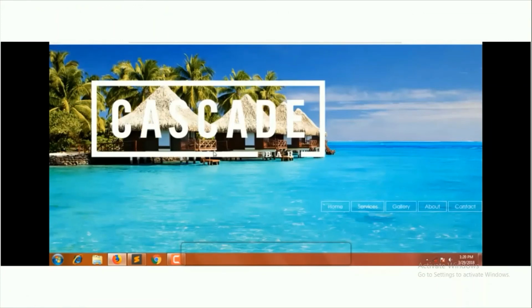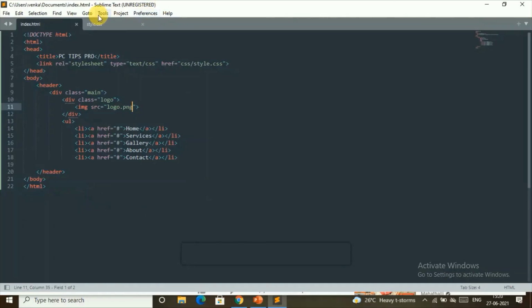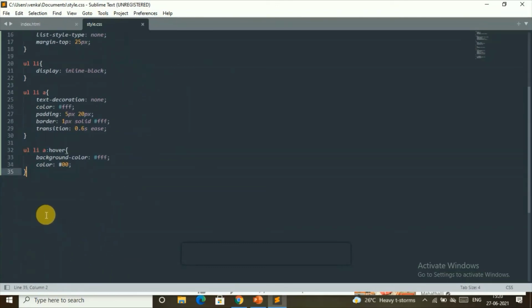It is pretty big, so we can adjust the size by giving the height and all to this logo. Let's do that. So we'll get back to this CSS file that we are editing, and now .logo img. It's an image because the logo is our class and this is our image.